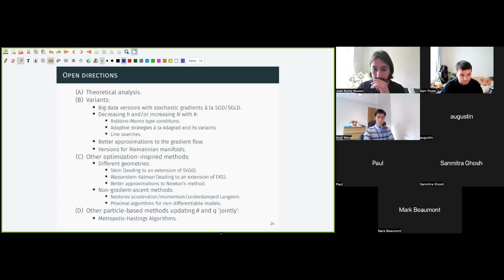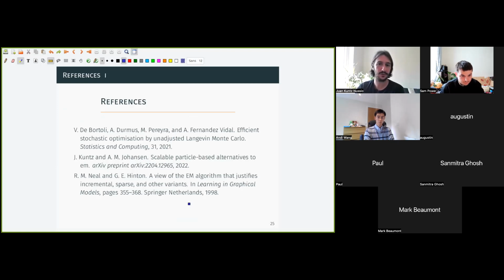I'm sure it's not. And then you can even think of other ways of trying to solve this problem, updating theta and q together, that are not necessarily optimization methods. We tried a Metropolis-Hastings tweak, somewhere in one of the appendices. And more generally, from where I started, I think there's other problems out there you can try approaches along these lines. Okay, so these are the references that I pointed to throughout.